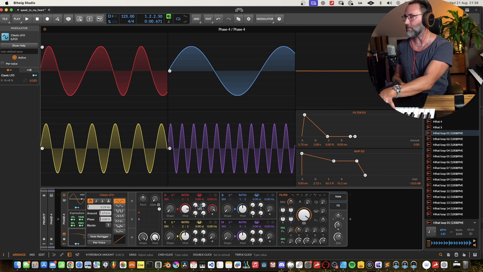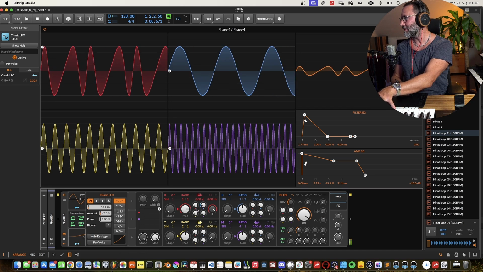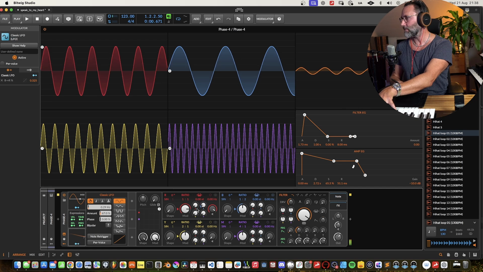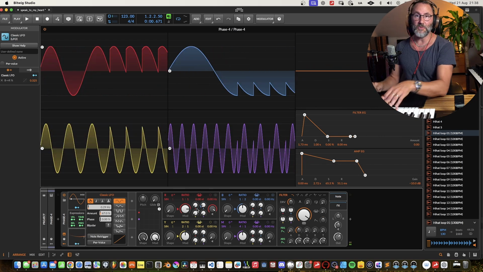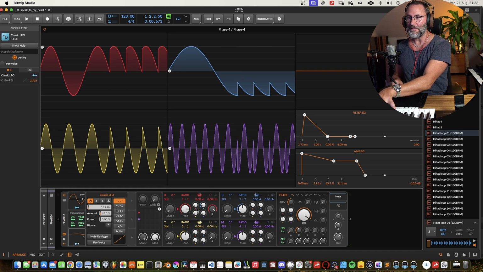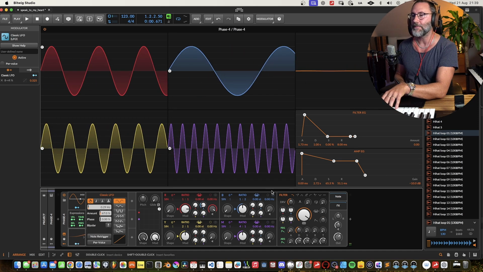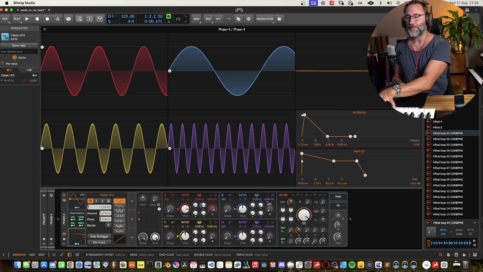Now we could just add some effects and go home. But we won't, of course, we won't stop there. We need to make it more interesting. And one thing you can do is use this frequency offset. It's currently set to 0 Hertz.